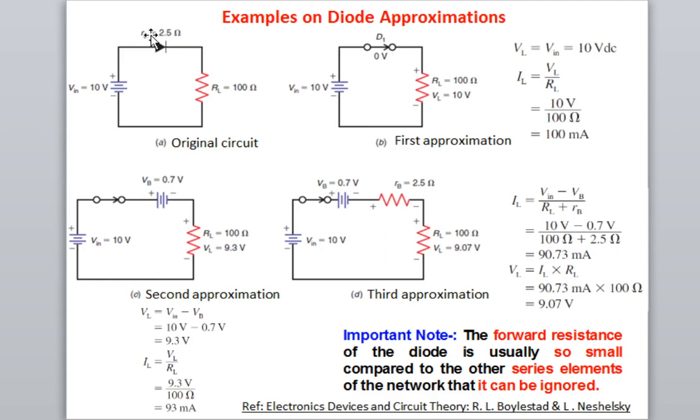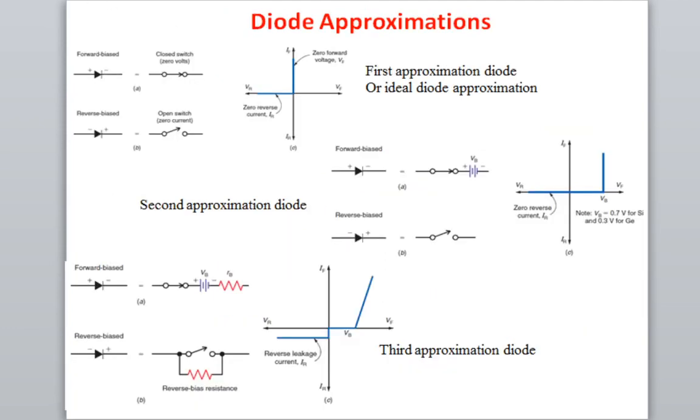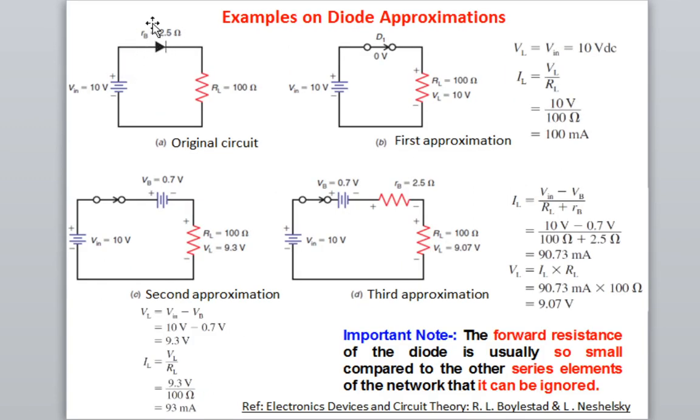We never considered resistance of diode in reverse bias, because when I was explaining the diode approximation, let us say in third approximation, in case of reverse bias this diode resistance is infinite. Because of this infinite resistance, no current flows in reverse bias condition. If you add an infinite resistance in series with any load resistance, the whole resistance becomes infinite. That means it will not allow any current to flow within the circuit.